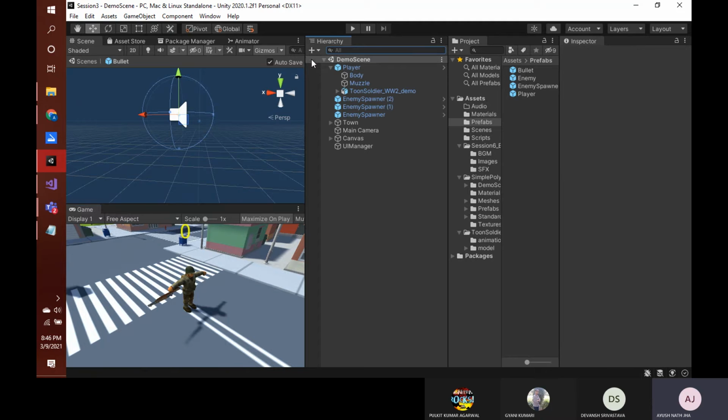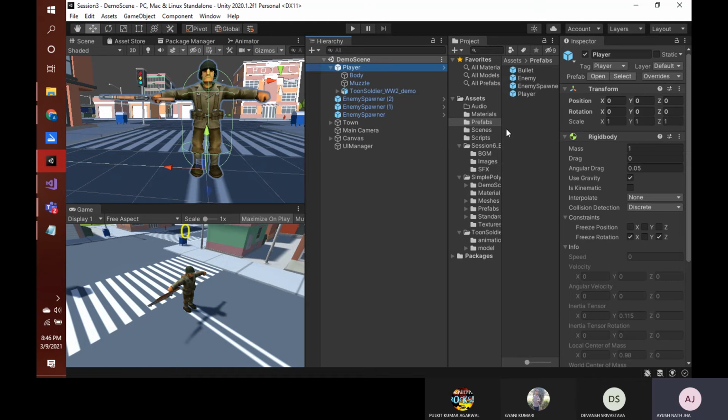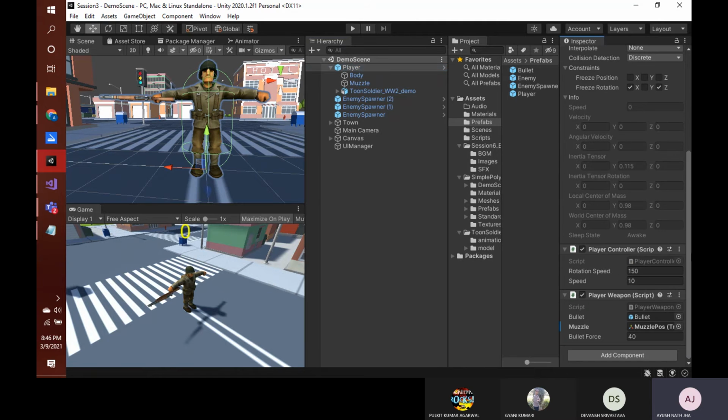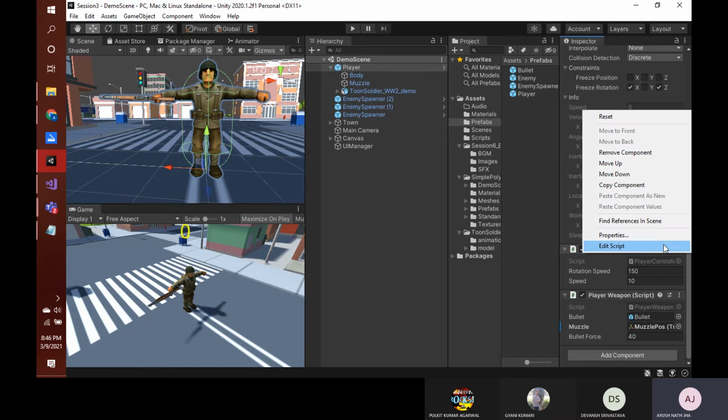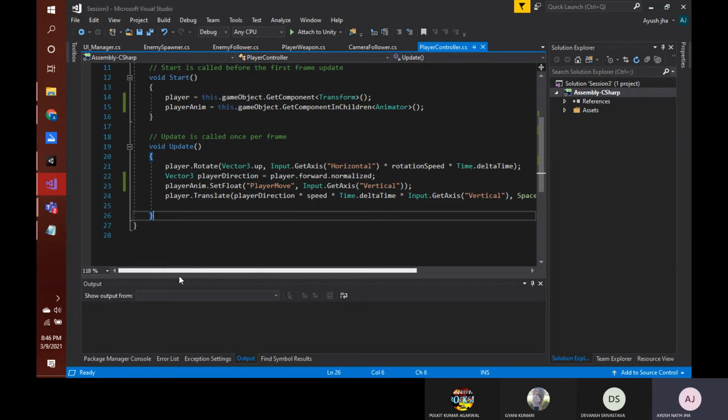Okay, so this is how we added a simple sound in here. And just one last thing, that as soon as our player is hit by one of the enemies, our game should restart. Okay, so otherwise the game has no purpose. You will just keep on playing. So for that, what we can do is simply go to our player, and in our player we have this script for the player controller. If we go to edit script, here let's check for its collision.